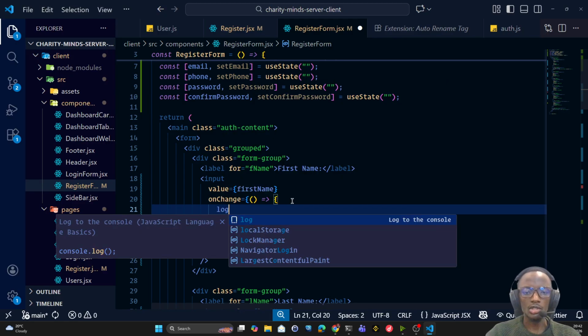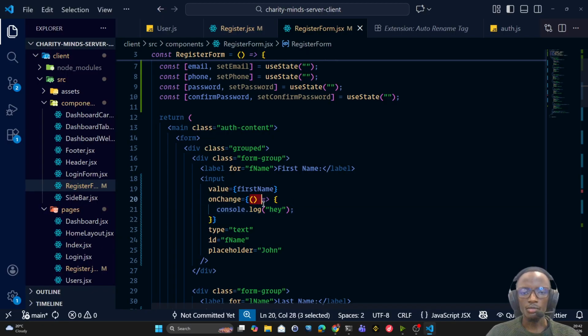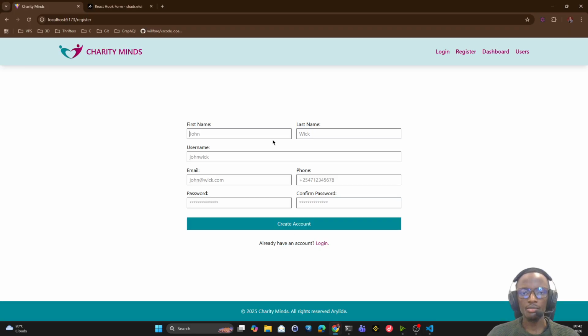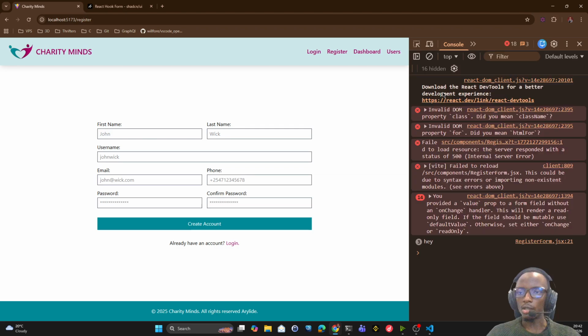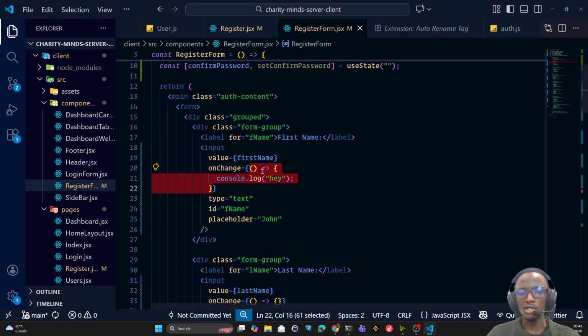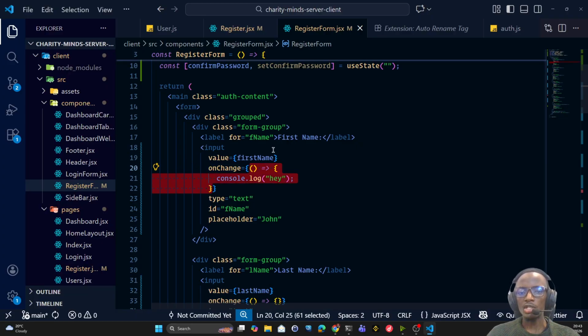So on change, what I'll just do is log, hey, when this value of the input changes. This is for the first name. I can't see that until I go to the console. So in this console, now we see hey. As I type, we see hey being logged. That means our onChange handler is being executed. And what is the handler? It's just a callback function that is going to be executed each time